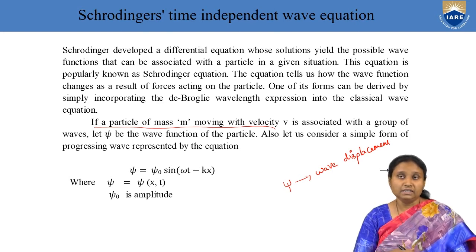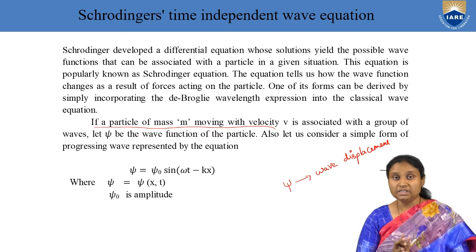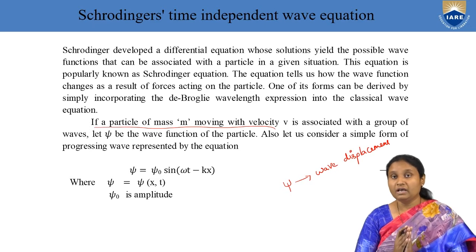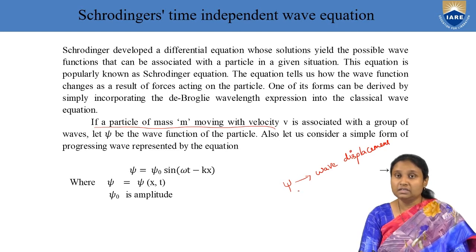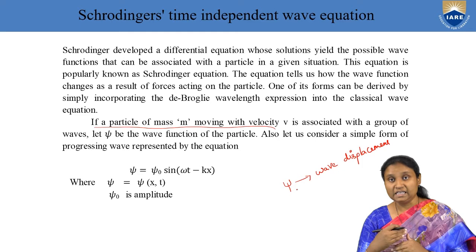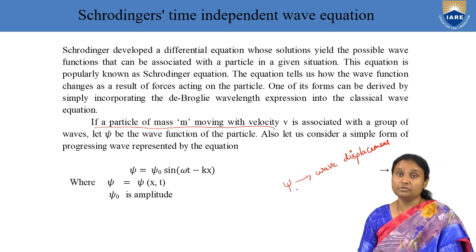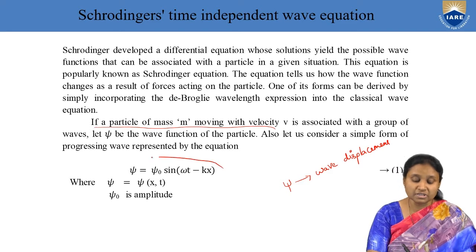After we get the equation for this matter wave, we are going to discuss in detail what exactly this wave function associated with a material particle is. But for the time being, we are saying that when we have a wave, we have a wave function that describes the behavior of the particle, represented by the notation psi. Now we are going to take help of the wave functions defined for progressive waves. By taking the wave function associated with progressive waves, we are going to get the equation for matter waves. The wave function associated with a progressive wave is given by this particular waveform.